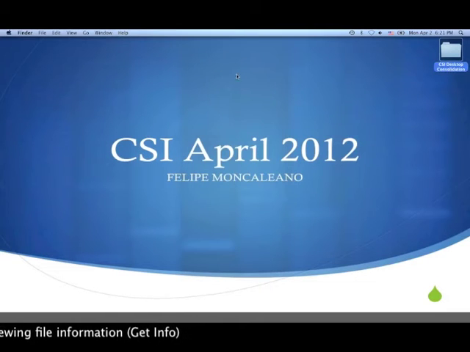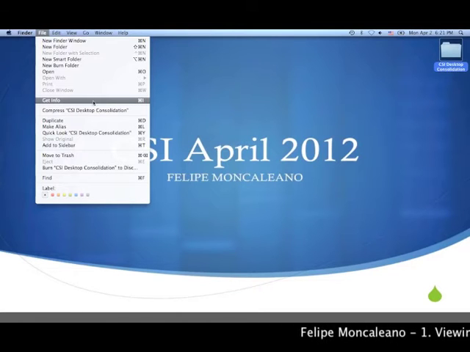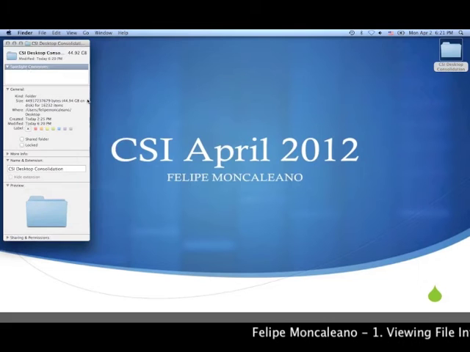I'm going to close this. Another way would be once the file is highlighted, again by clicking it once, you go to the File menu and then you go to Get Info. You can notice here that the shortcut which I just talked about is notated here. So you click Get Info and you get the same